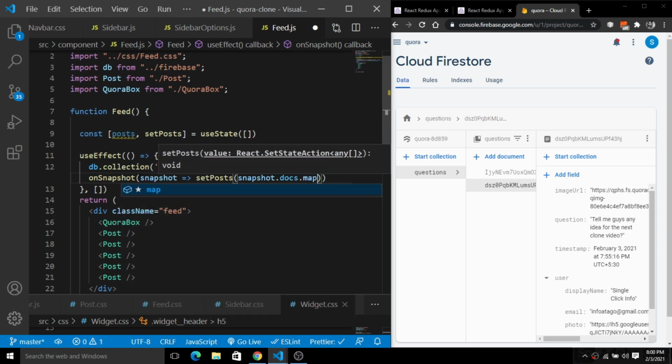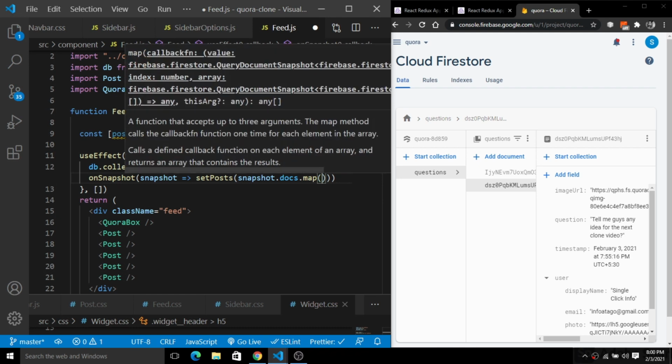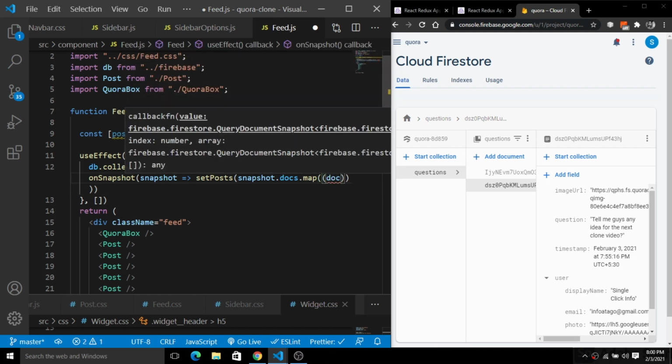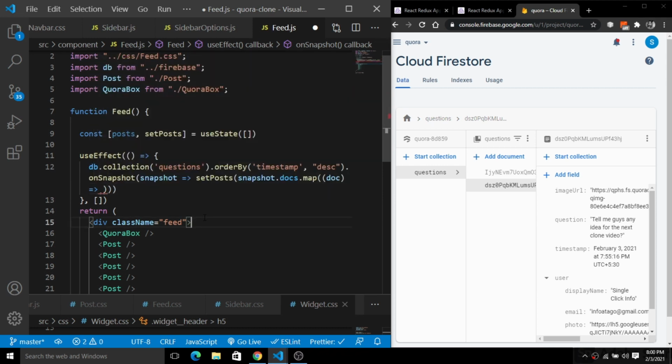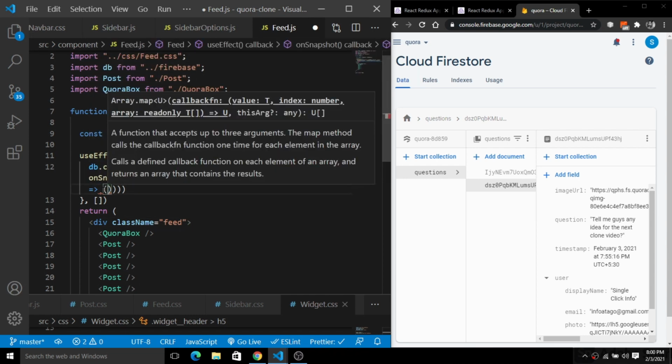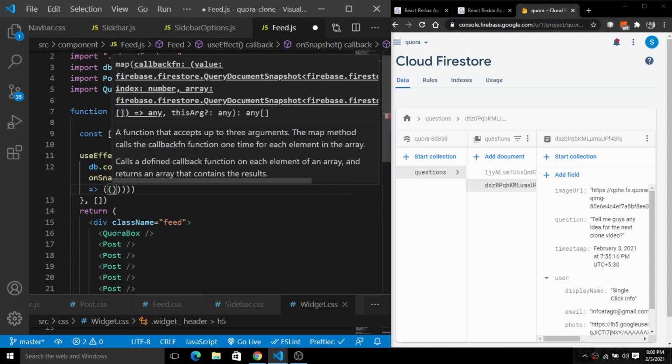We will use the map functionality to iterate over the respective things, as you can see on your screen. We will create an object of the docs here, and now we will grab the id.